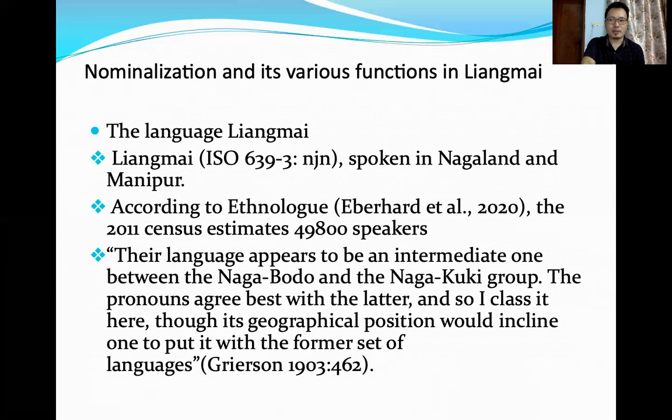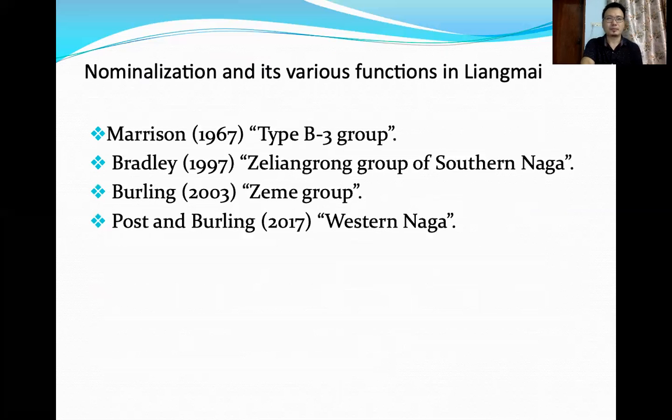The language appears to be an intermediate one between the Naga-Bodo and the Naga-Kuki group. The pronouns agree best with the latter, and so I class it here, though its geographical position would incline one to put it with the former set of languages. Grayson, 1903-462.